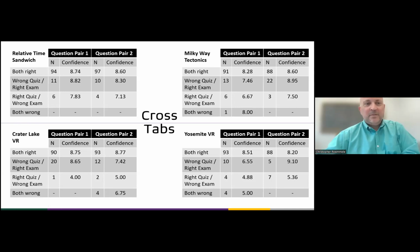We can't necessarily make that correlation and say, oh, it must have been the video that corrected everything. But it is a small but healthy batch in each of the videos used for the research, to show that they went from wrong to right. And the numbers of students who went from right to wrong, and wrong both times in our student sample, was